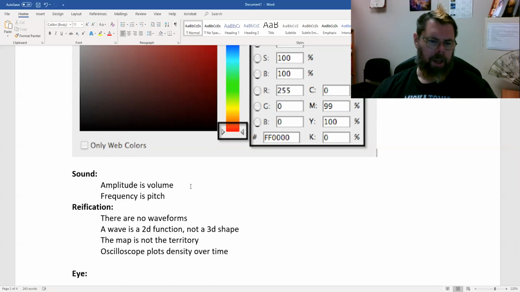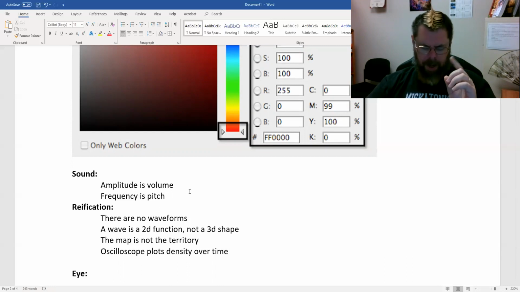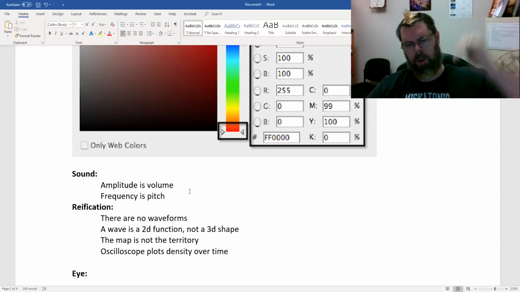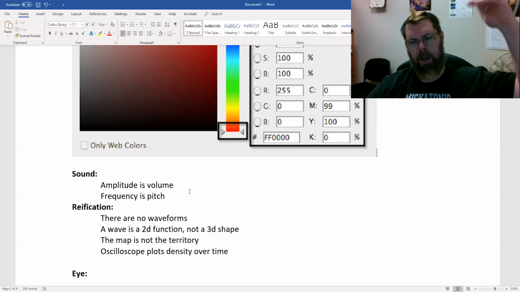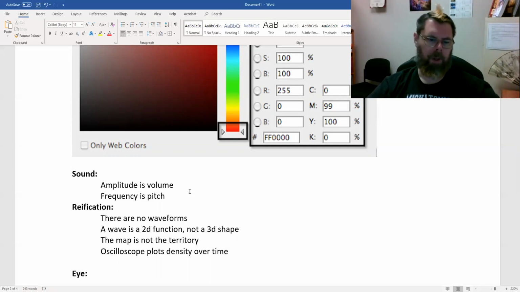You're going to get really intense, high volume sounds. The frequency is going to be the pitch. The more times per second that the cilia get activated, the more times per second we hit the peak, the higher pitch sound you hear, right? From Minnie Mouse down to, I know who's a character with a deep, deep voice.